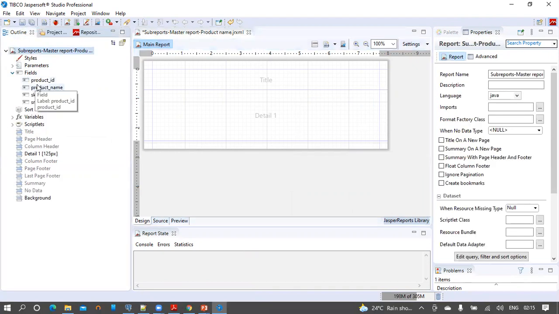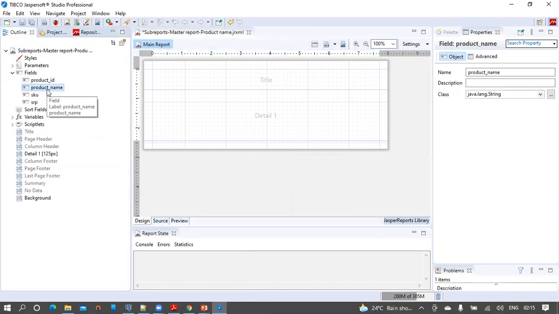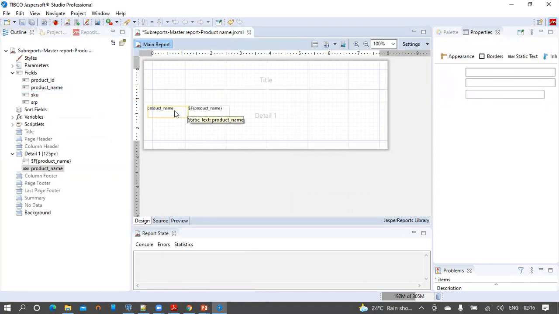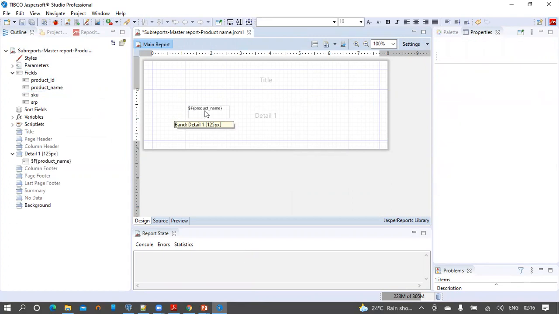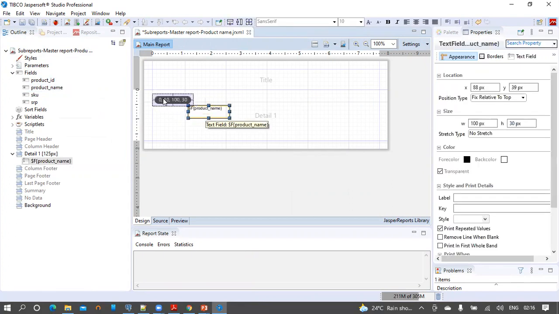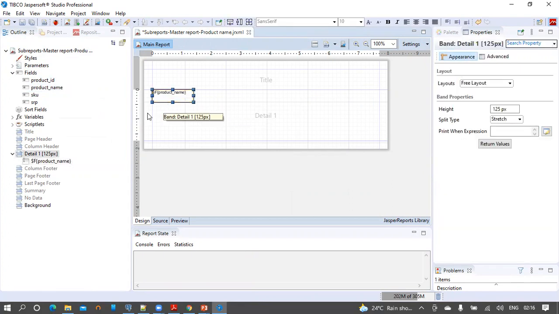From the fields node, let's select the product name field and drag it onto the detail band. Let's remove the label for this product name. We are going to display the product details under the specific product name.